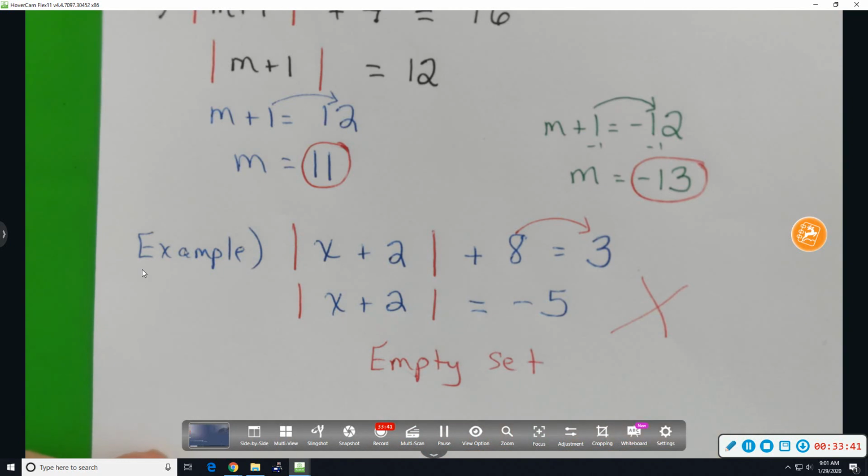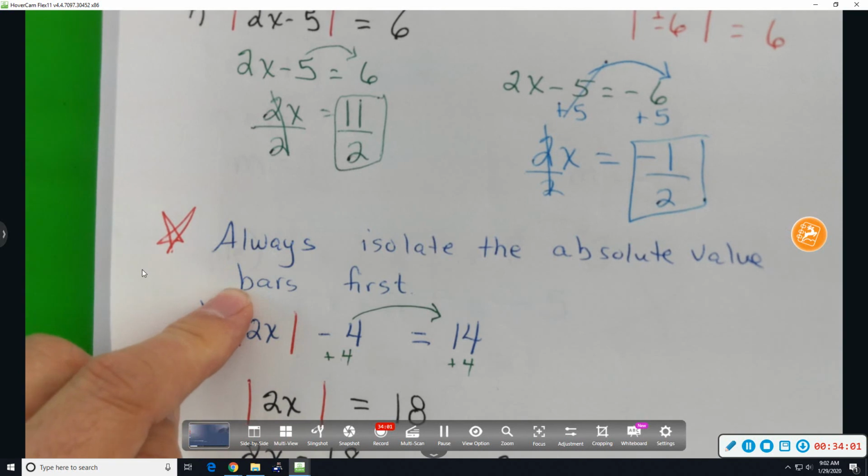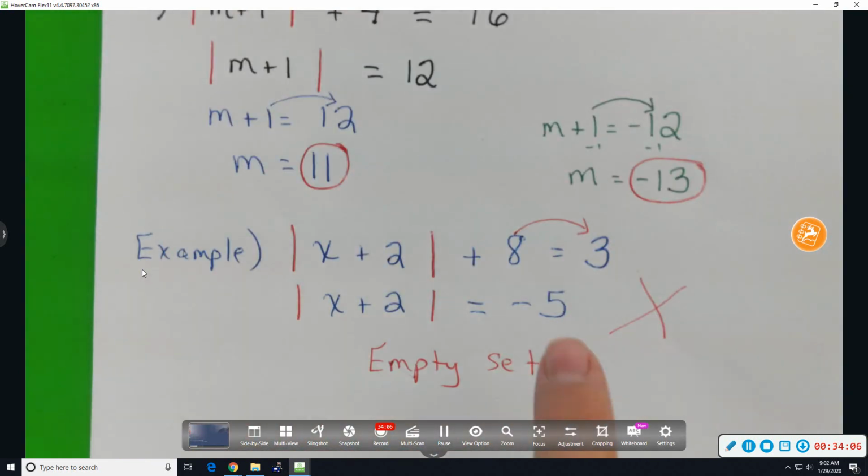And I know there are some times on Pearson where it won't say empty set. It'll say no solution. But if the number on the right-hand side is a negative, then that's when you have the empty set. But you've got to make sure before you do anything that those absolute value bars are isolated. So once I isolate them, then I notice,